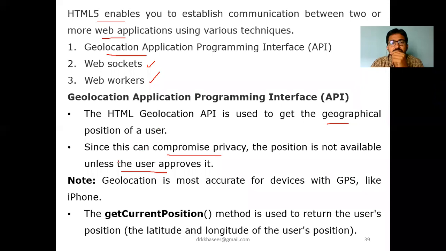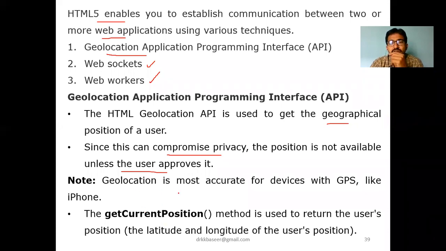Fine. So there is privacy in geolocation. We have to allow it whenever the geolocation API program is running. It will ask your permission, and until you give the permission, it doesn't allow you to access the current location of your position.